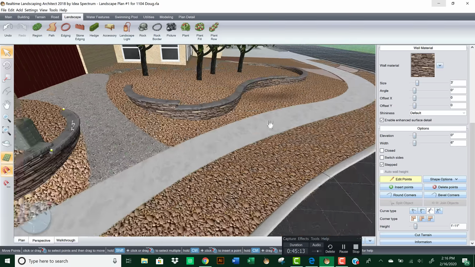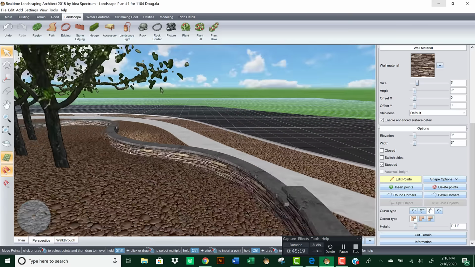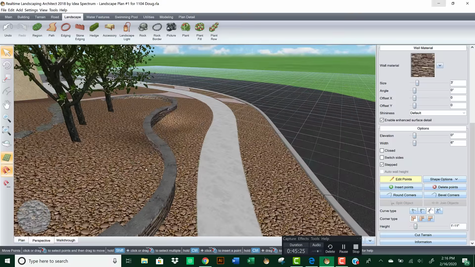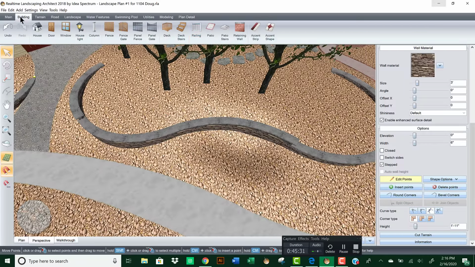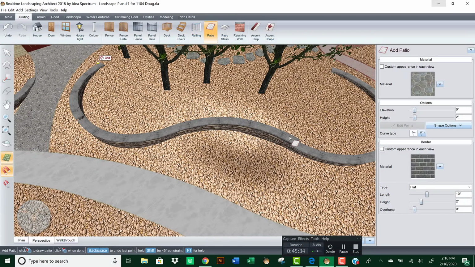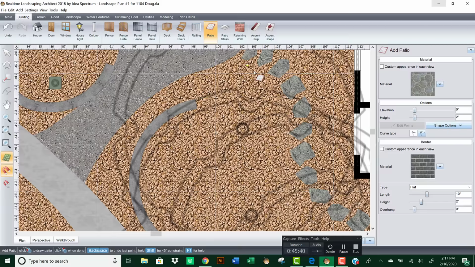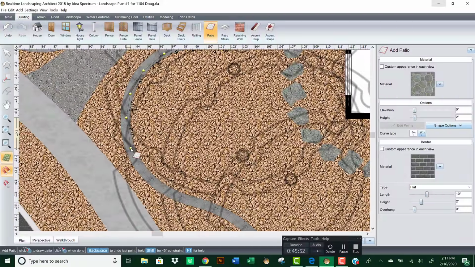So next up, we have this retaining wall, and it's not really retaining. You can see there should be backfilling on the backside of this, is what I'm getting at. So what we're going to do is we're going to actually go to building and make a patio that follows the shape of this curve. I'll do it in the plan view. So I'm going to start here. And in a second, I'll explain why,